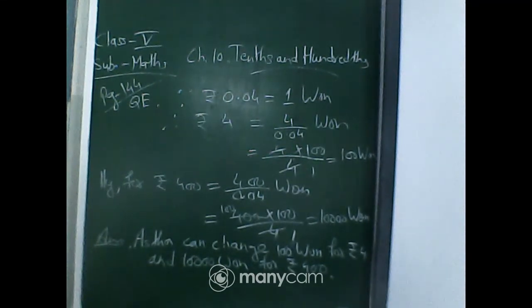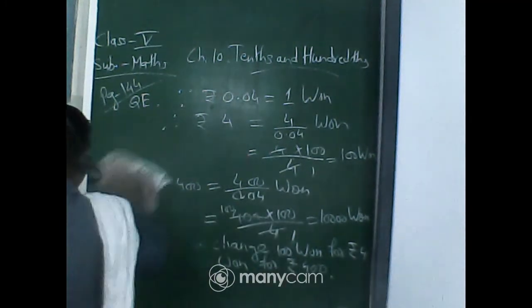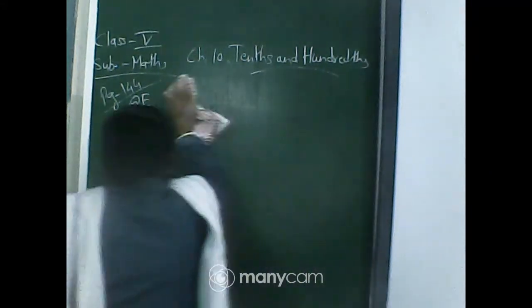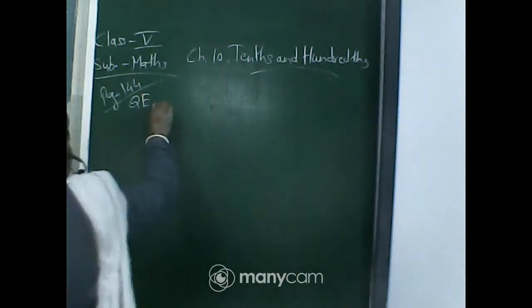This one is for question number 1. Now second question, how many Hong Kong dollars can she change for rupees 508? Now you have to find out what amount she will get in Hong Kong dollars in Indian currency for rupees 508. That means you will divide this 508 by $1, and $1 we know is equal to 5.10. Okay, so write it down. This is the second one.